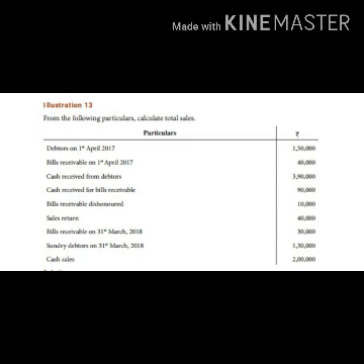Then next, bills receivable on 31st March 2018. It comes under bills receivable account credit side. It is a closing balance. Then next one, sundry debtors on 31st March 2018. Debtors account credit side. It is a credit closing balance. Then cash sales. Cash sales does not come under the format. So we find out the tables.